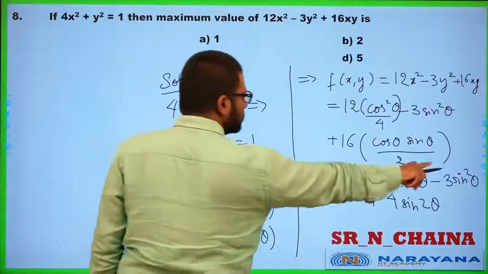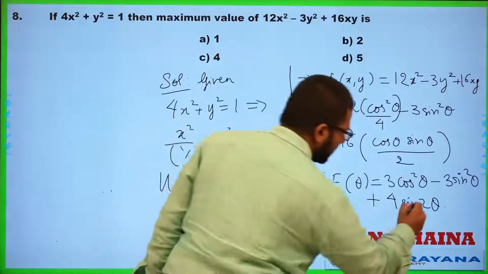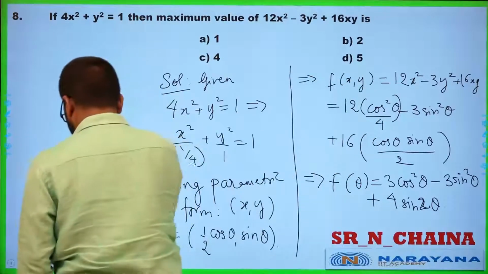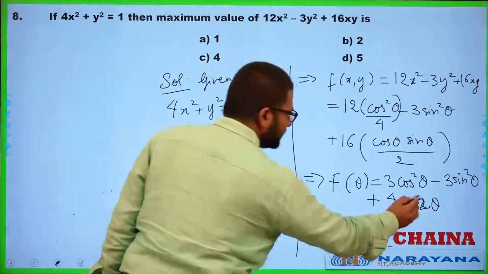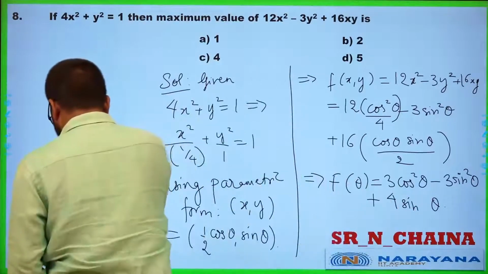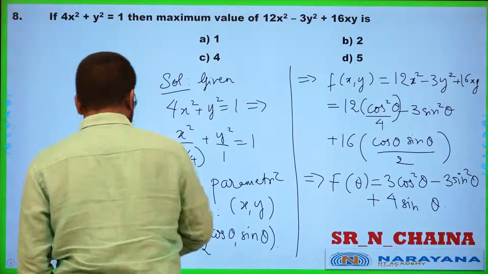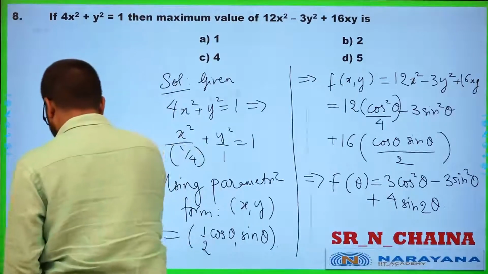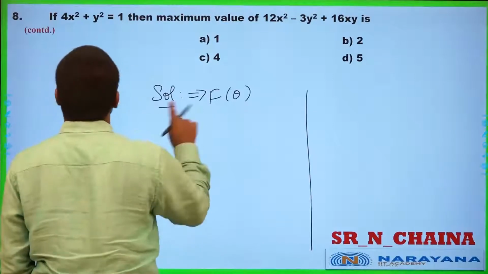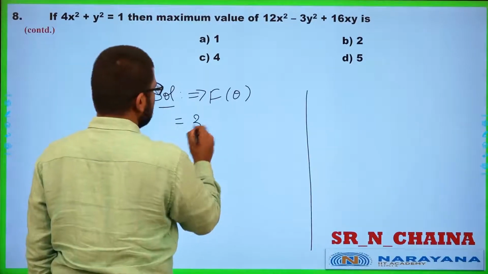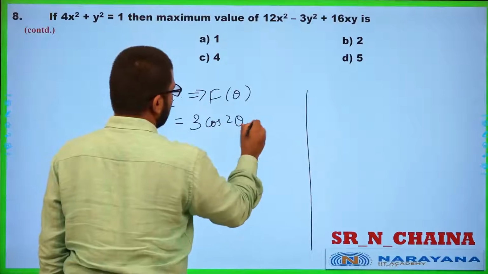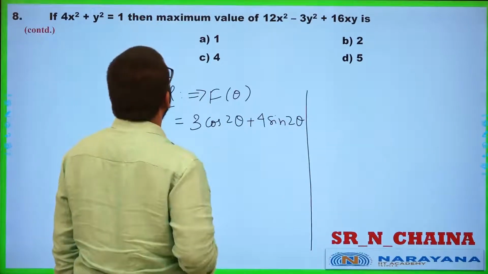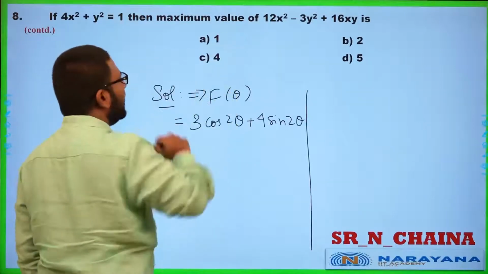So we have 3 cos 2 theta and 4 sin 2 theta, right? Just making sure this is not sin square, it is sin 2 theta. Alright, so F of theta is 3 cos 2 theta plus 4 sin 2 theta, and we are being asked the maximum